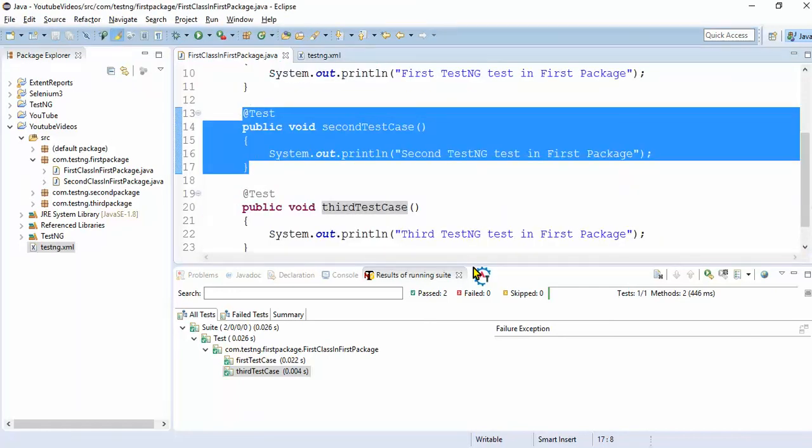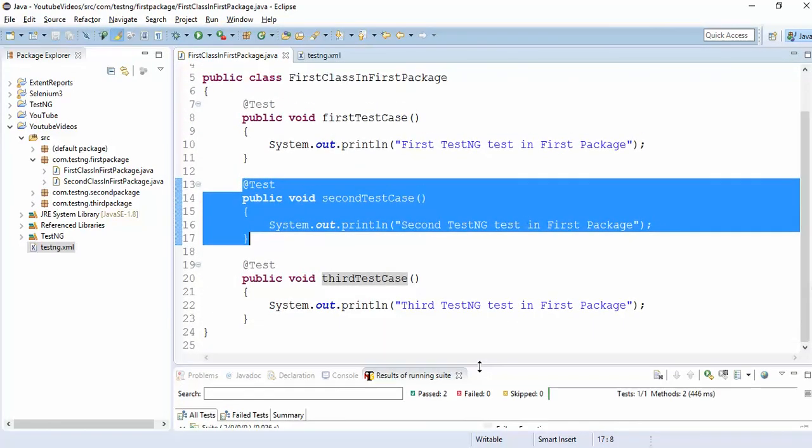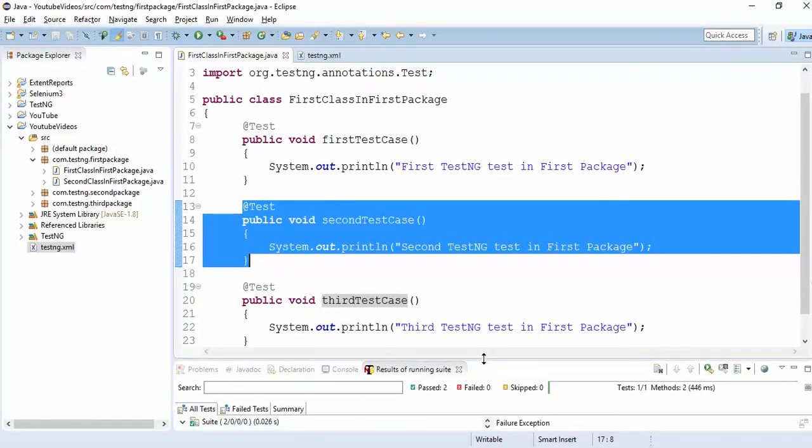So if you have many test cases and you want to execute only a few of them, how will you achieve that? You can use the include and exclude tags. If you have 100 test cases and you want to execute all 100, then you will not go for the methods tag, you will go for the classes tag. If you give the class, it will execute all 100 test methods. But if you want to execute only 70 test methods, instead of writing at class level, you can use method level.